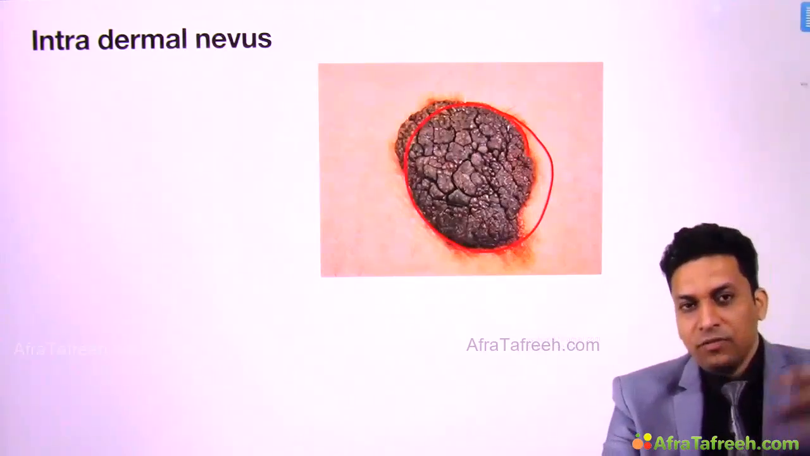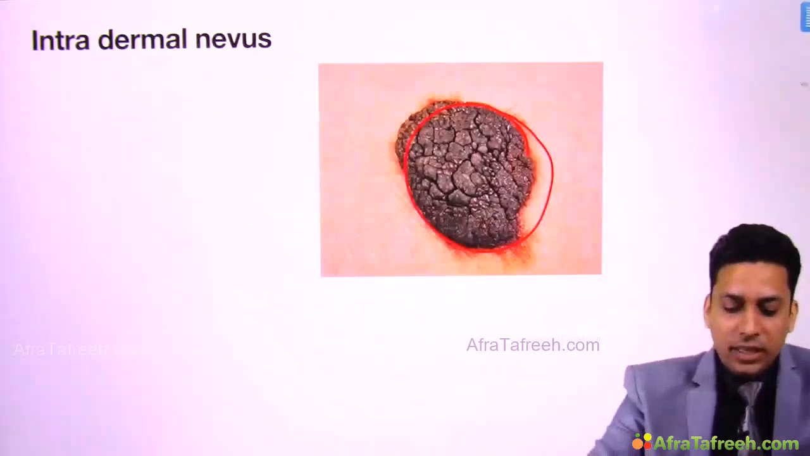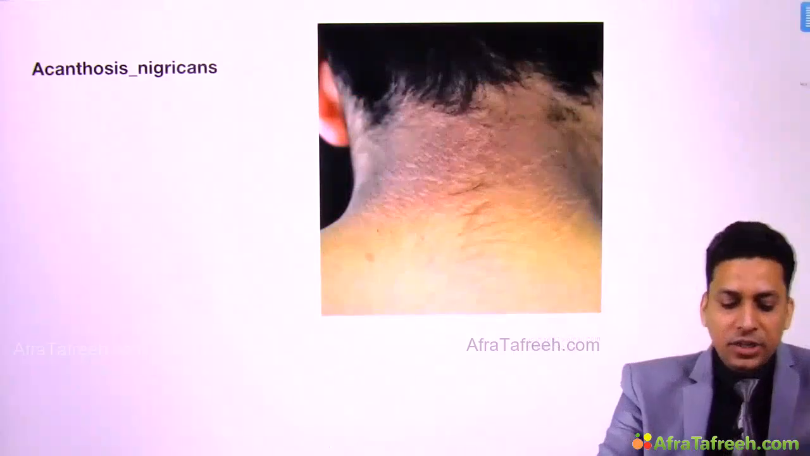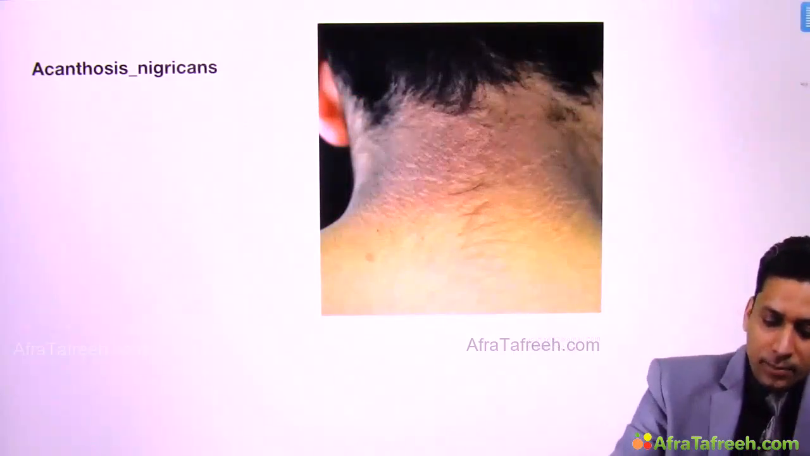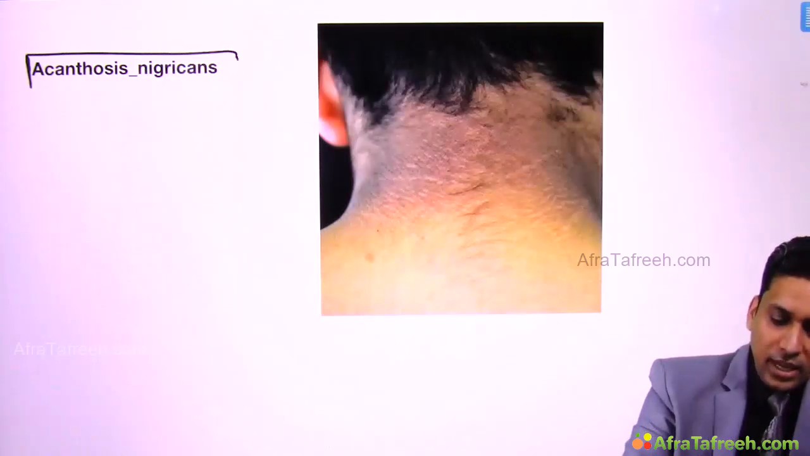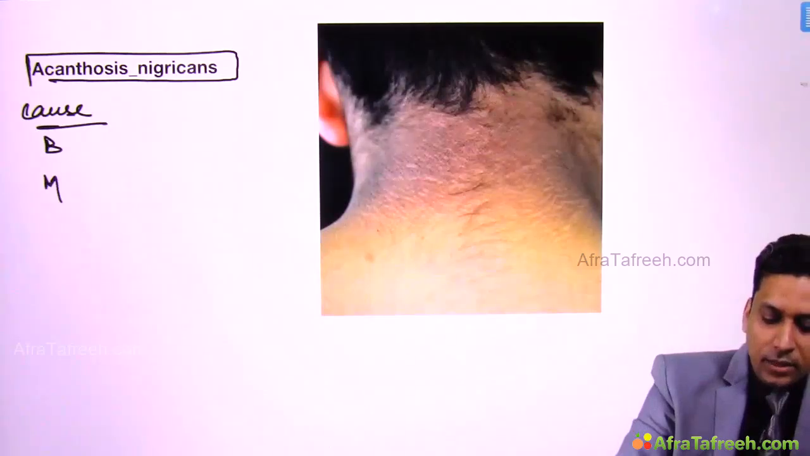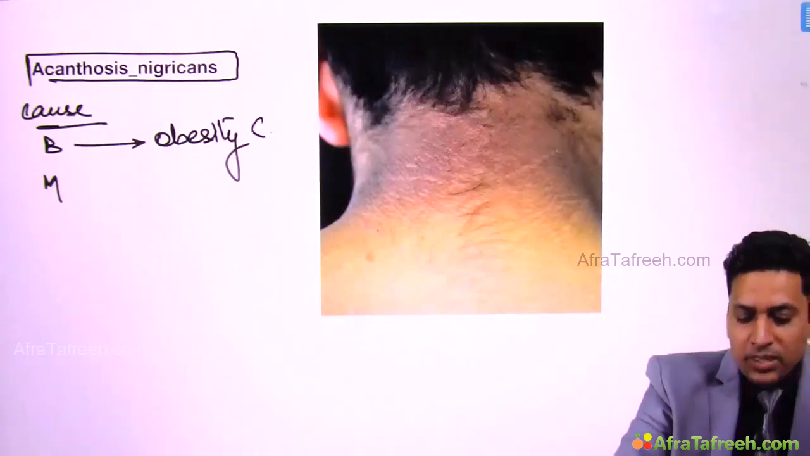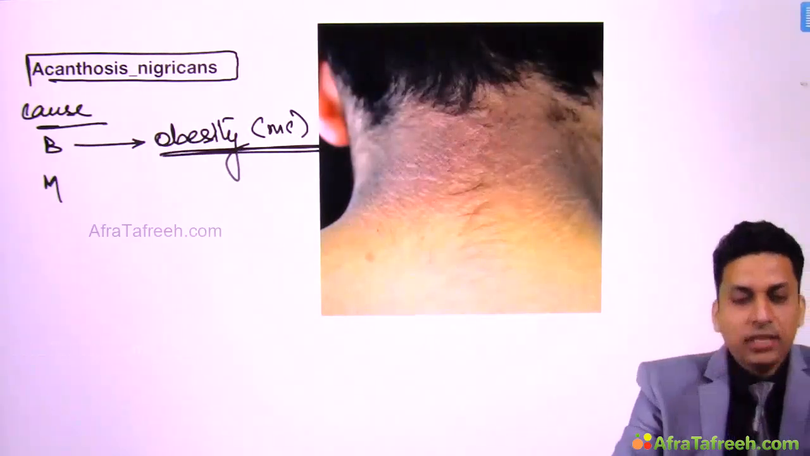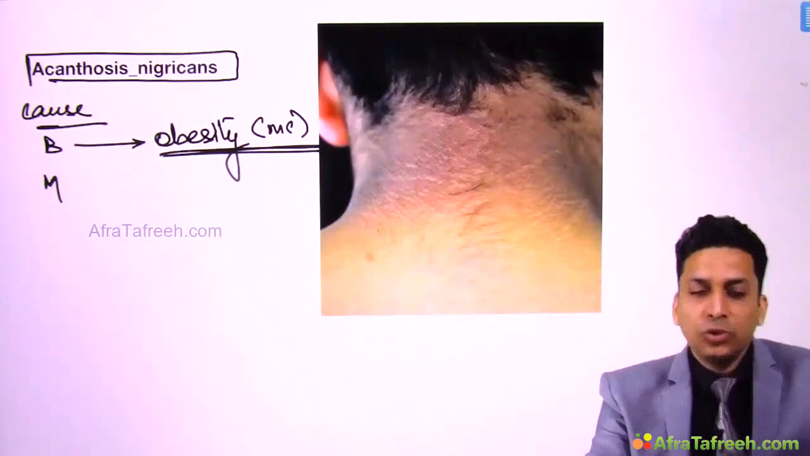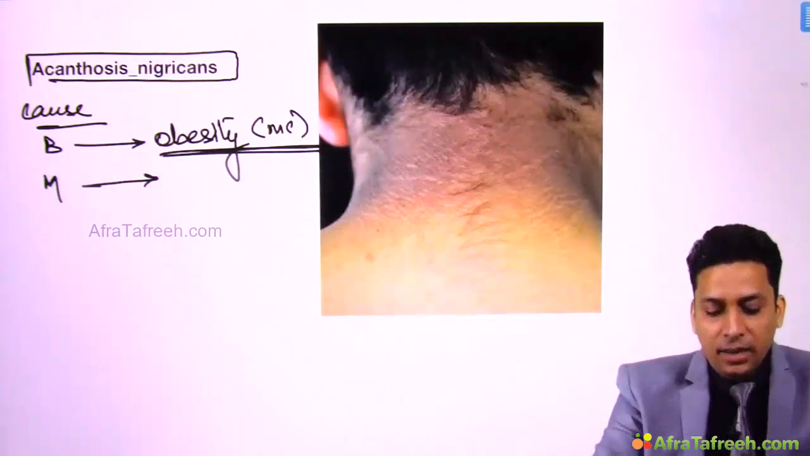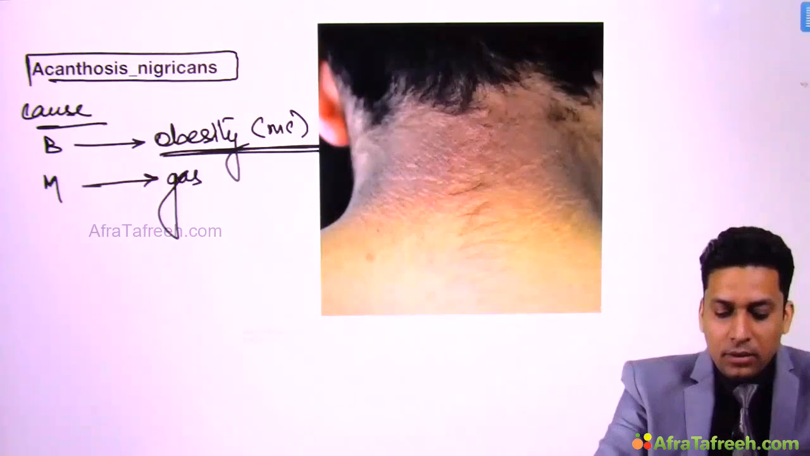So if you do biopsy, you will find that till dermis the involvement is there. Then acanthosis nigricans is also a hyperpigmented condition. Now the points to remember here are the causes of acanthosis nigricans. It can be benign, it can be malignant. Benign, like obesity. Obesity is considered as the most common cause of acanthosis nigricans. Okay, so benign is most common, and among them the obesity is the most common cause, while sometimes it can be malignant. Malignant causes can be